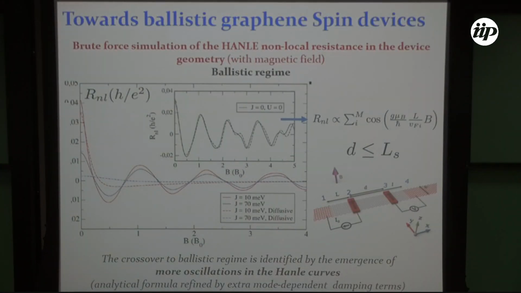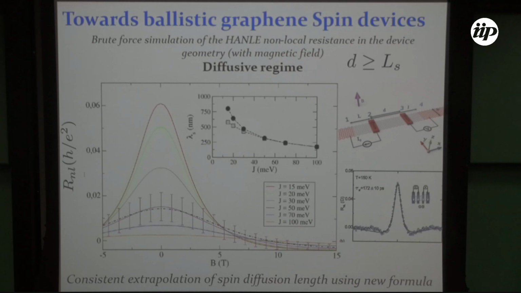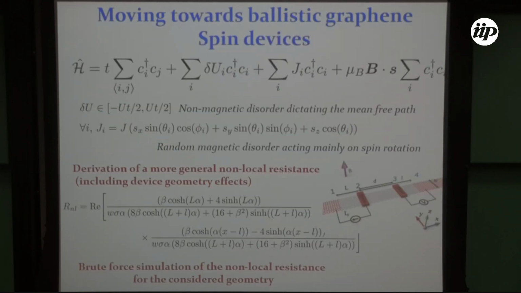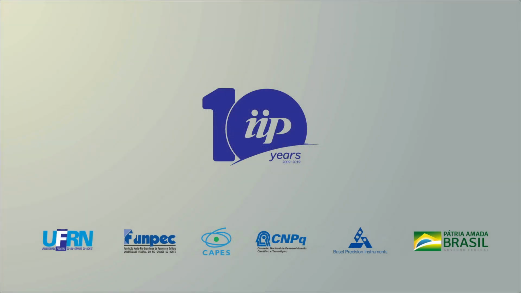Can you go back to the model? The first one? Yeah, the model. How do you connect the Hamiltonian and the non-local resistance? Are they connected? Because I'm familiar with this kind of formula when